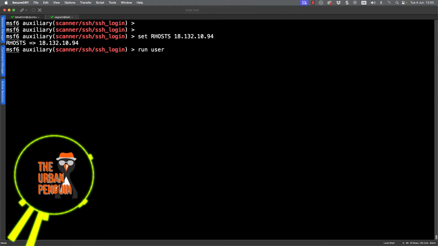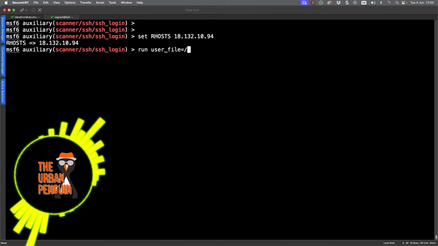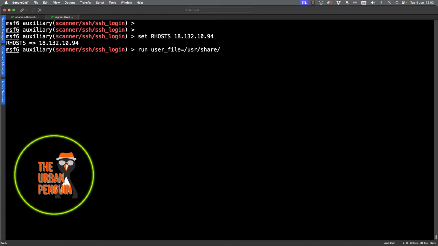And I'm going to set my user file to be the user list that we were looking at before. So we can put it through to the path /usr/share/metasploit-framework, and dropping down into the data, wordlists, and then unix_users.txt. I can use tab completion here as well, so you don't have to worry about typing.